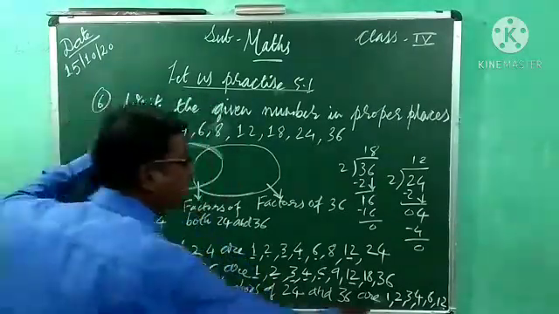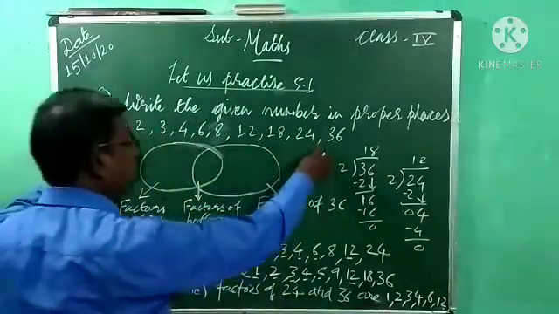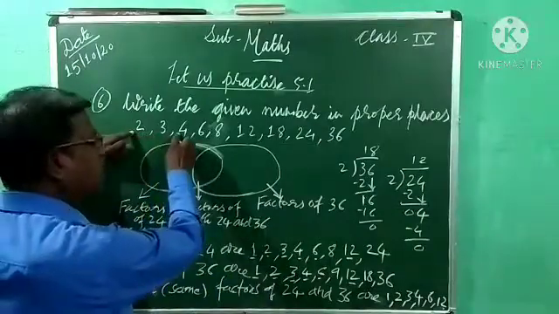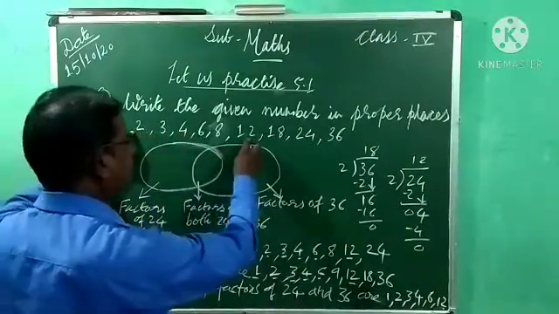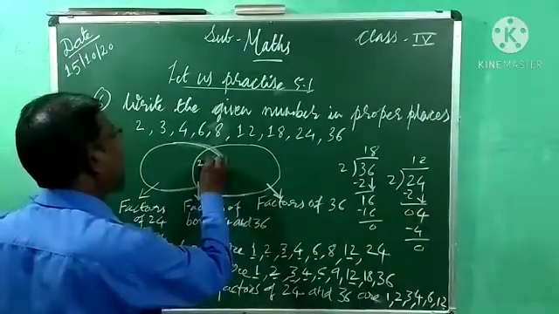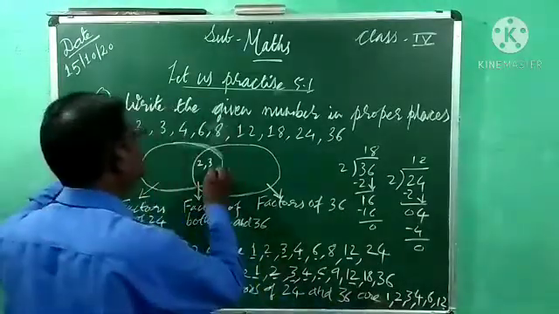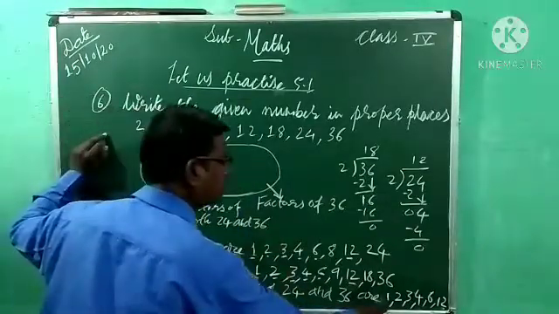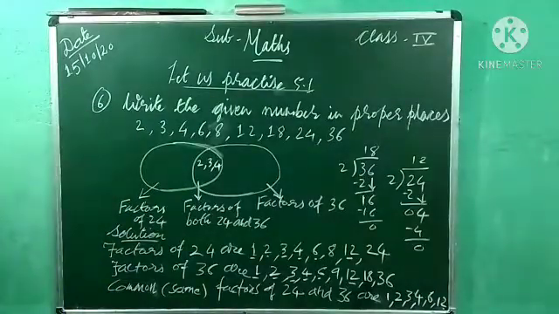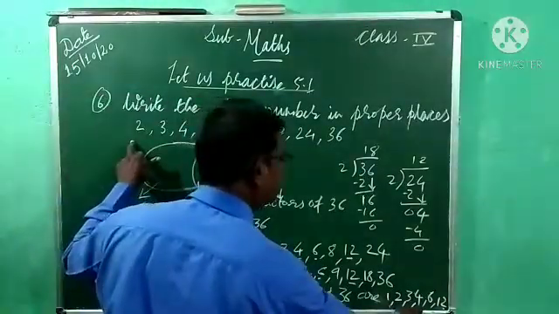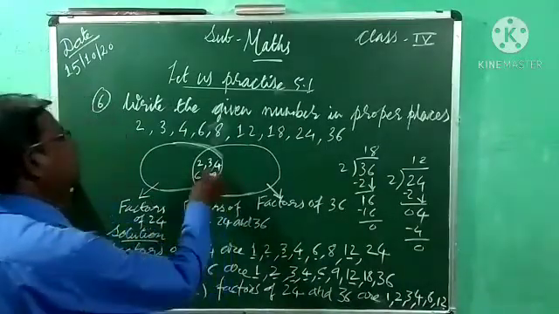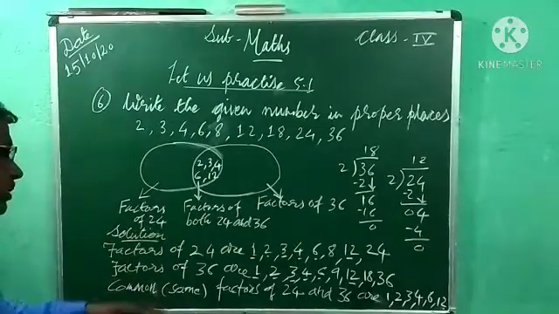But now here 1 is not given in this option. So 2 is given, okay, 3, 4, 6 and 12. This common factor we have to write here: 2, comma 3, comma 4. Why have I not written 1 here? 1 is also common, but in this option 1 is not given. That's why I left that 1. So 2 is given, 3, 4, 6 and 12. These are the common factors of both 24 and 36.